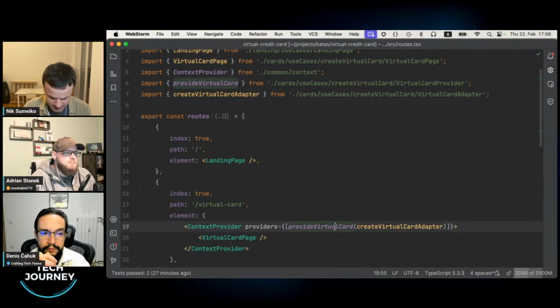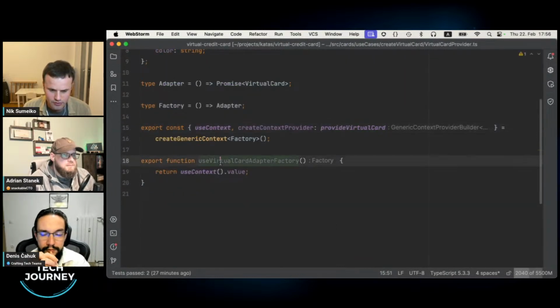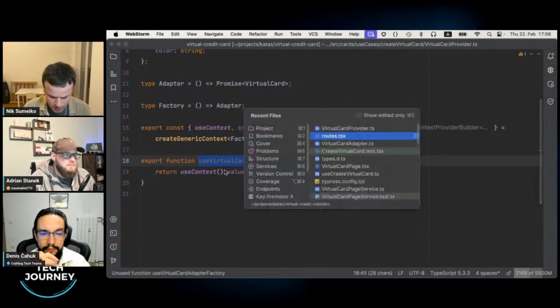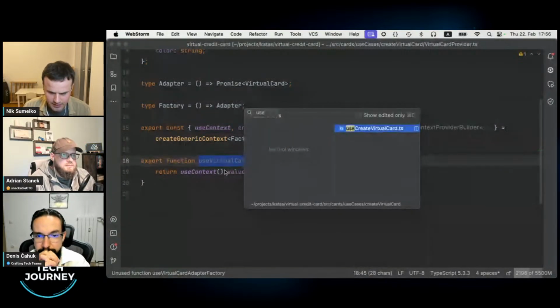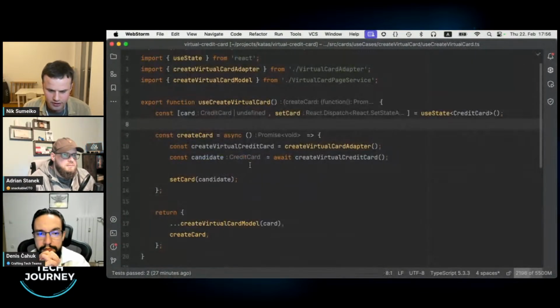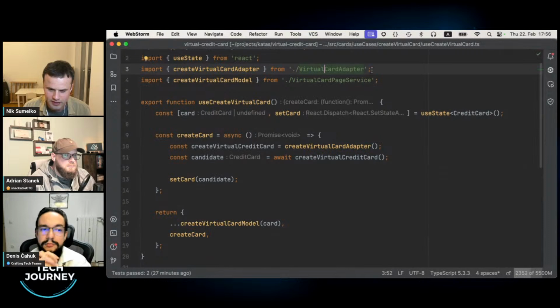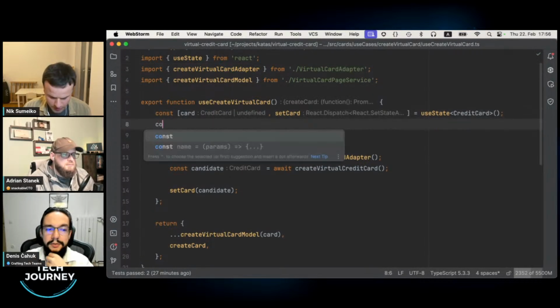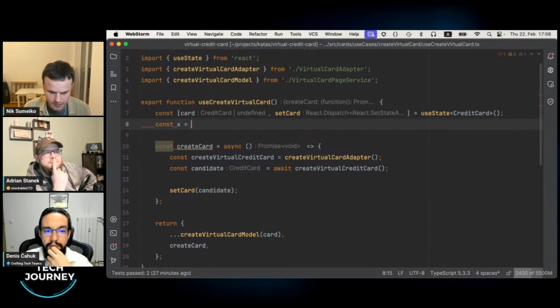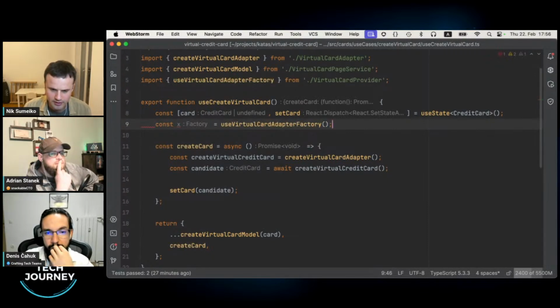Now, the last step here is to employ the retrieval of this data. So we go to our use case functional layer. Here it's still coupled to our adapter. The goal is to remove this dependency because this dependency is coupled to Visa. We don't want this. So we use our hook, that hook that we take from the interface.